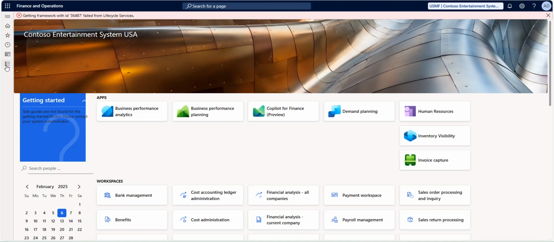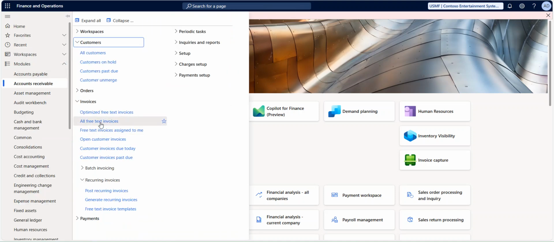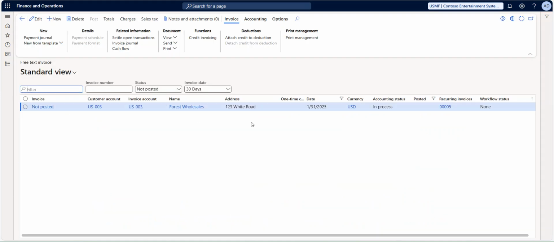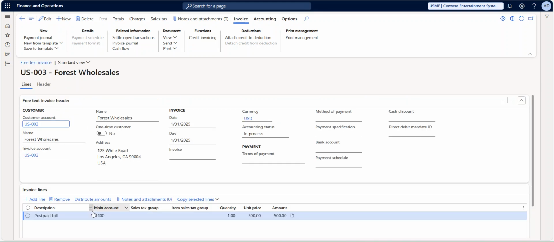Now if I go back to the all free text invoice, you can see one invoice record has been created and the status of this particular invoice is not posted. Okay, so if I open this particular not posted record, you can see postpaid bill, and